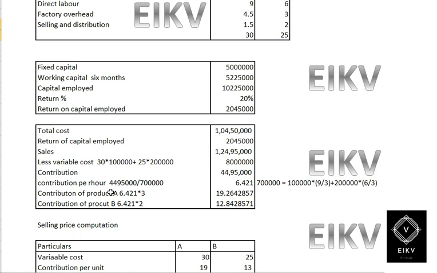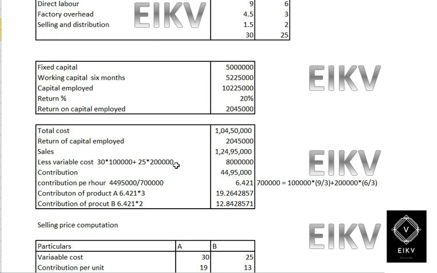Now it is given in the question that the contribution per unit should be allotted on the basis of 3:2 ratio. Therefore, the total cost of sales of the company is 1 crore 4 lakh and 50,000. We have return on capital employed, which is 20 lakh 45,000. Then we have sales as 1 crore 24 lakh and 95,000, out of which we have the variable cost, which is 30 into 1 lakh